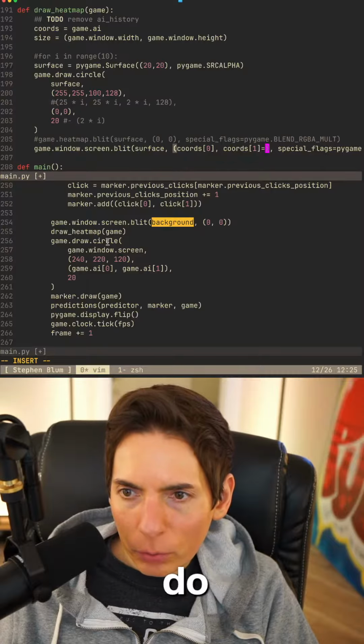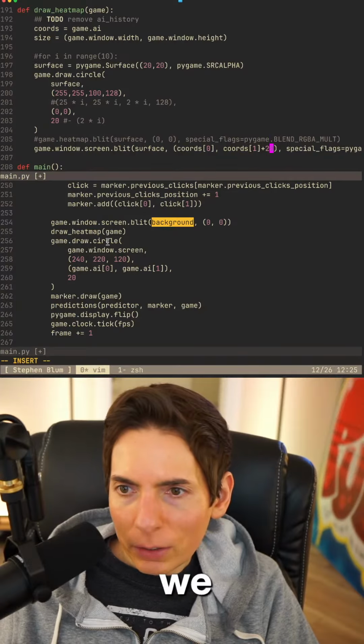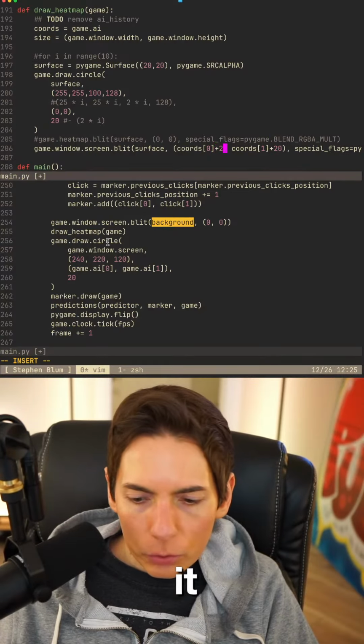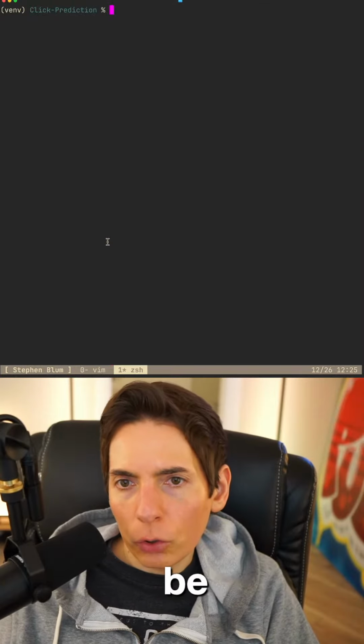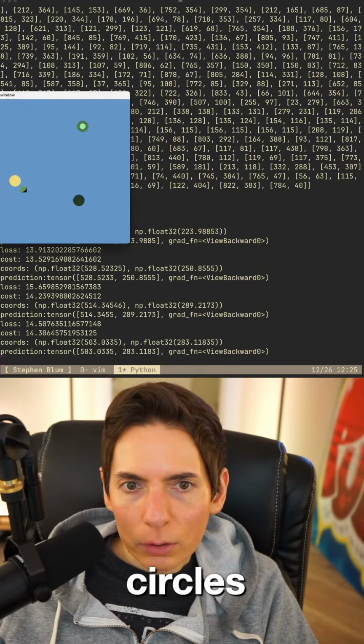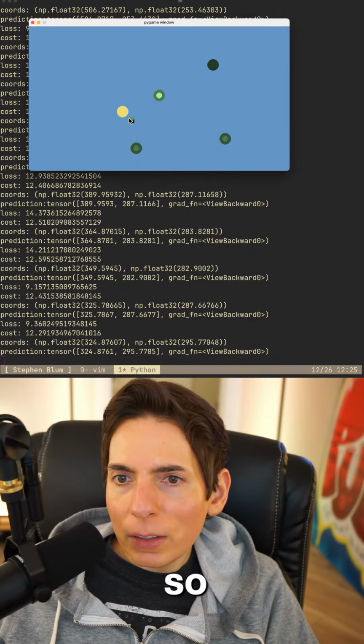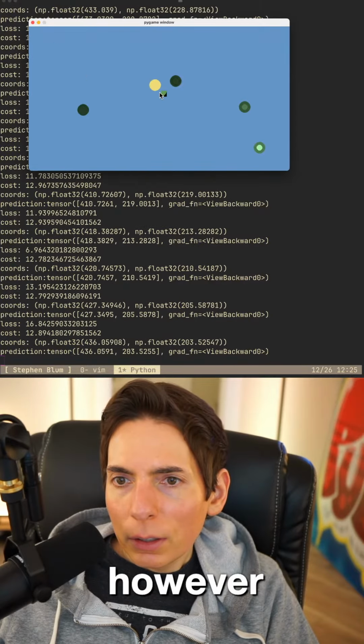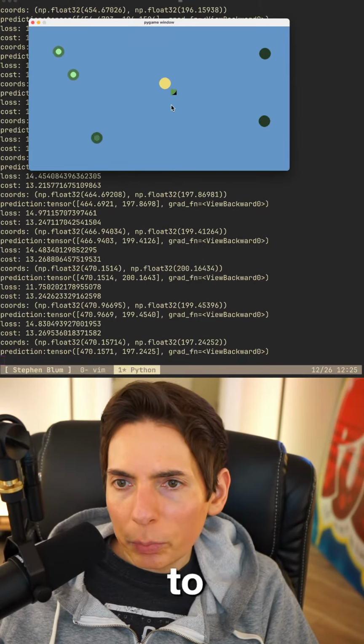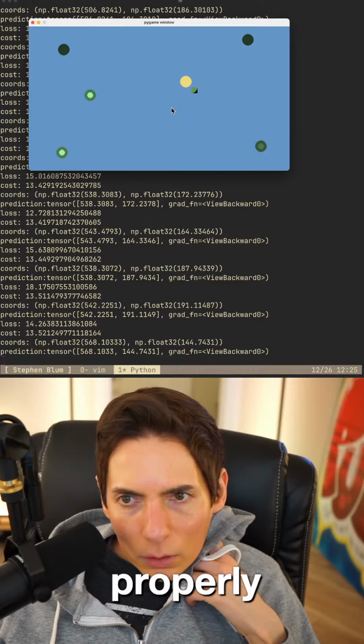Let's do plus 20. So we can see it. Plus 20. Because it's only going to be one circle. It's not going to be all the circles. Okay, so we can see it there. However, it does not appear to be multiplying properly. Does it?